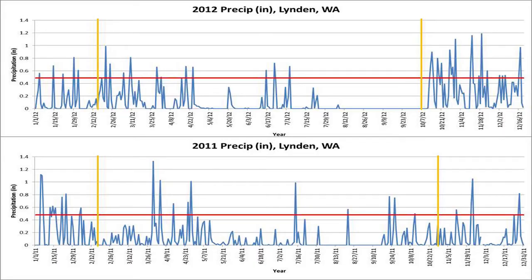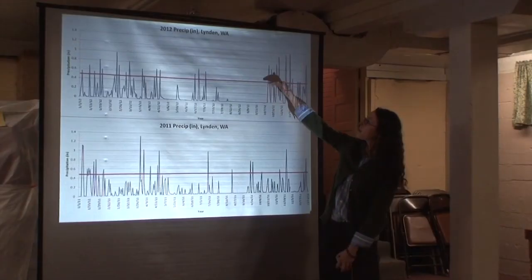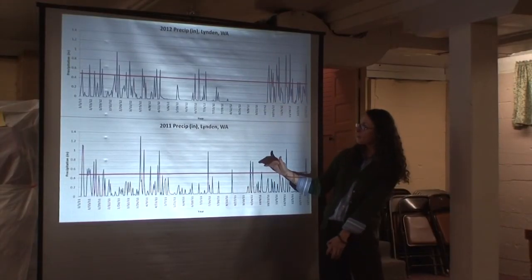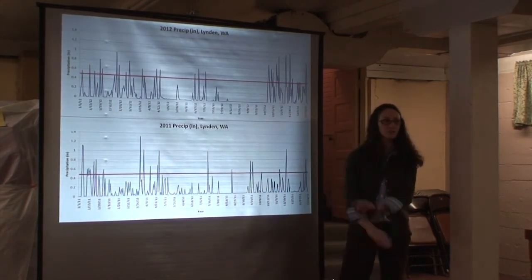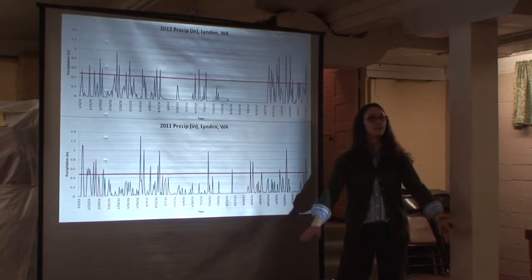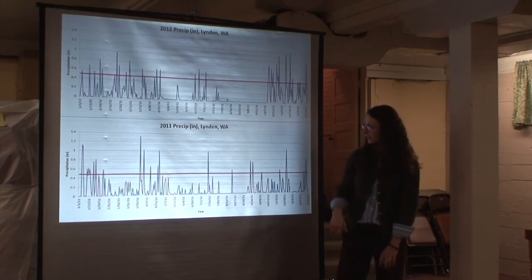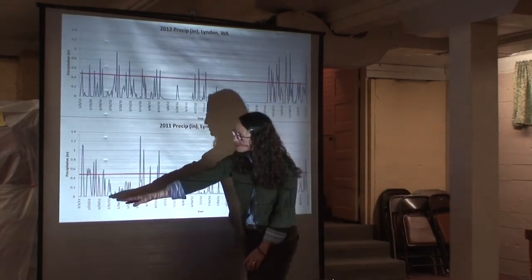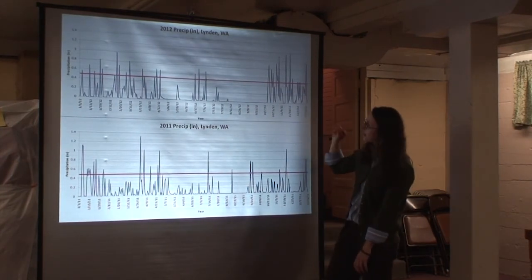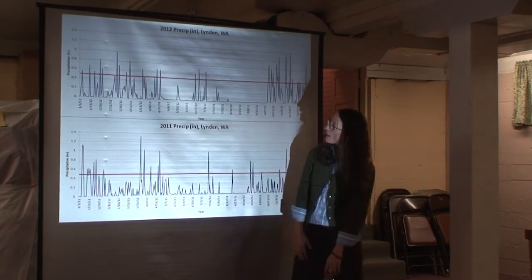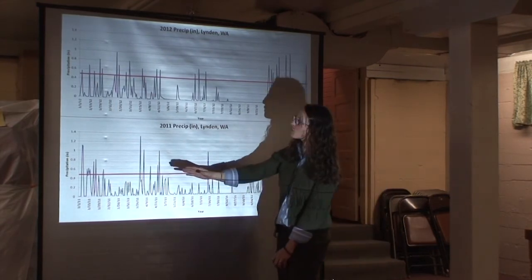And this is just an example of our precipitation and when application ends up being good and how we need to adjust on a yearly basis. So the top line is 2012, the bottom is 2011. The red line represents half an inch of rain, so this is absolutely no application if you've got a rain event over that. It starts in January here and goes through our current time period right now, and that's inches on the other end. So you can see that as we go through the year,